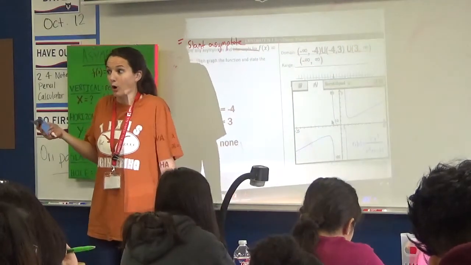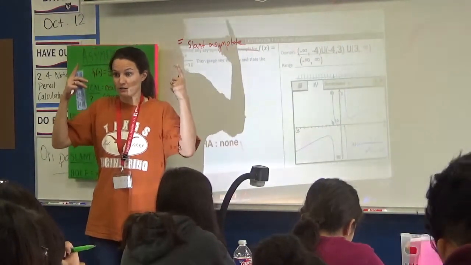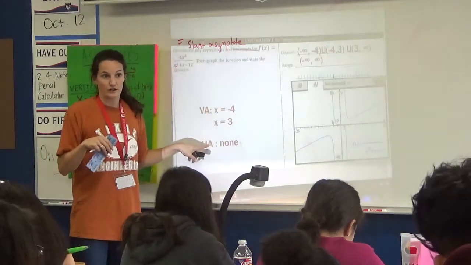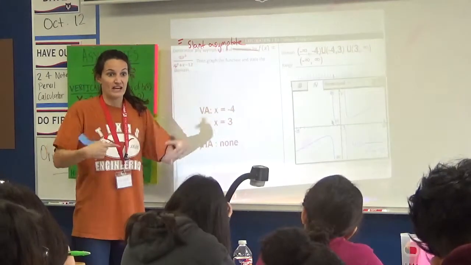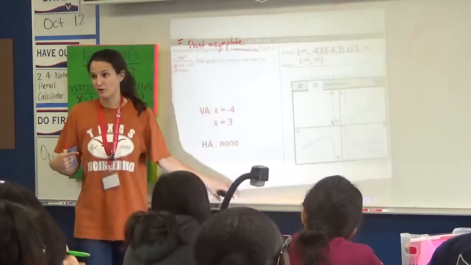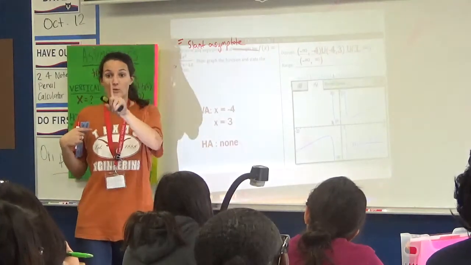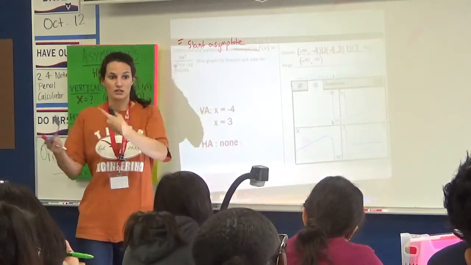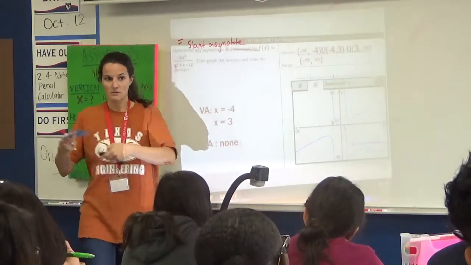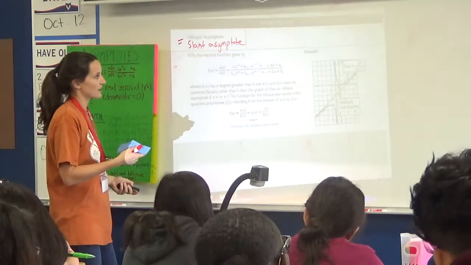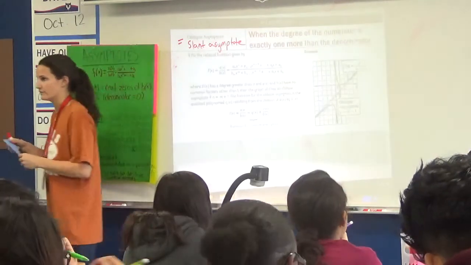So it's technically always when we're bigger on top, right? So we shouldn't have any horizontal asymptotes. Then, if you ever see none for your horizontal asymptote, you're like, oh, it's bigger on top. Check and see, is it bigger on top by 1? Because if it is, you're going to need to write your slant asymptotes, okay? So let's go ahead and take a look now at how we would find that.